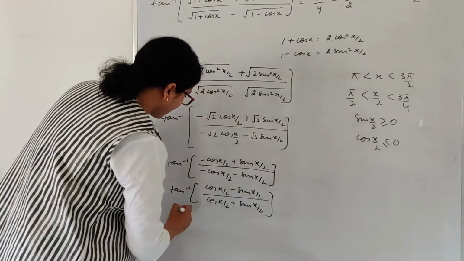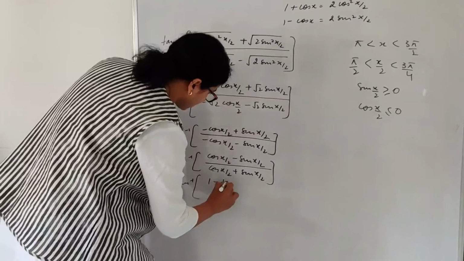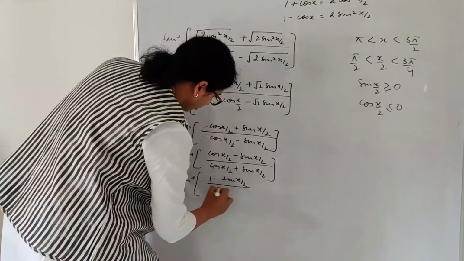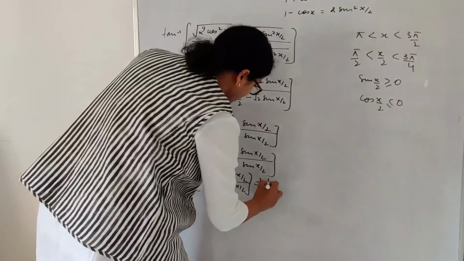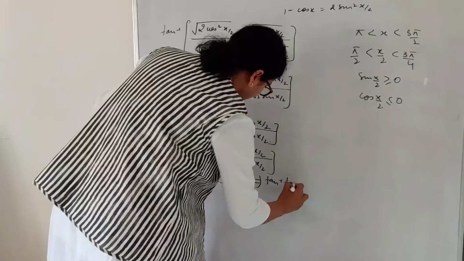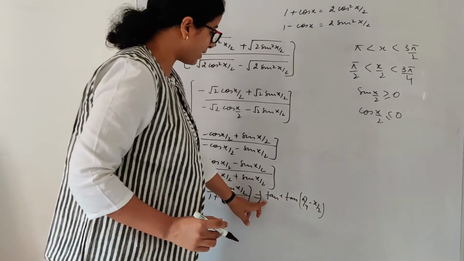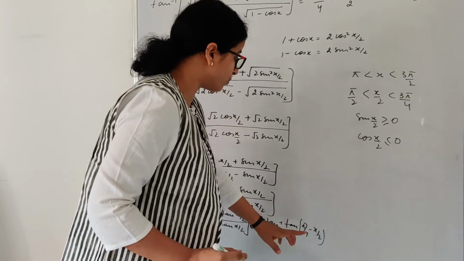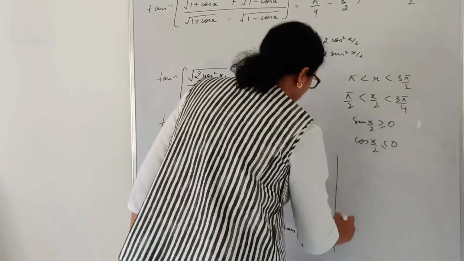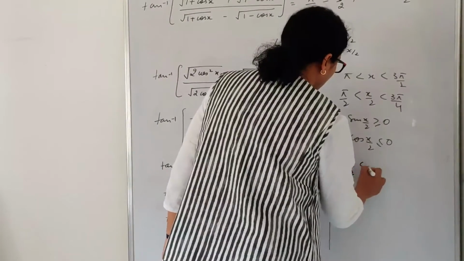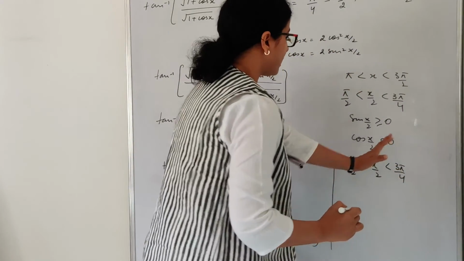Okay, so again I will divide by cos x by 2 up and down, so I will get 1 minus tan x by 2 upon 1 plus tan x by 2. With this I can get tan inverse tan of pi by 4 minus x by 2, right? Now whether my tan inverse tan of pi by 4 minus x by 2 will be equal to pi by 4 minus x by 2 or not, that I have to check from here. So pay attention here, I have pi by 2, x by 2, 3 pi by 4. Okay, multiply throughout by minus sign.